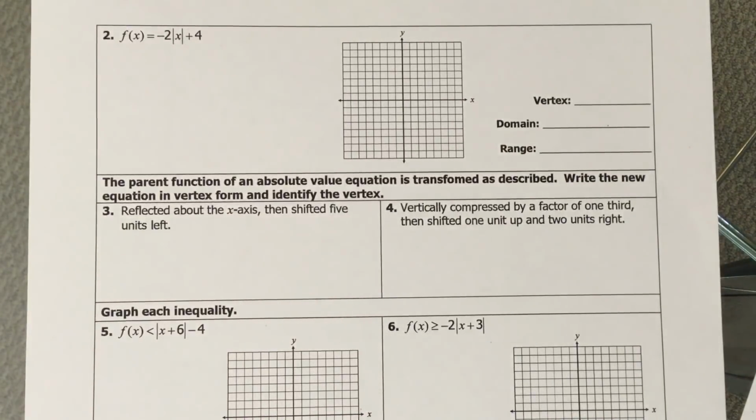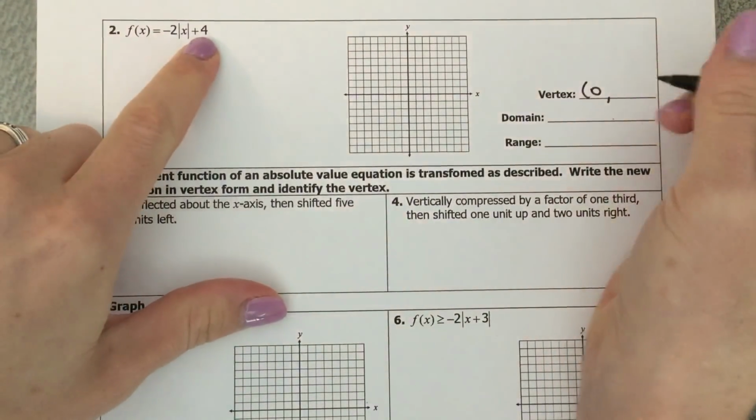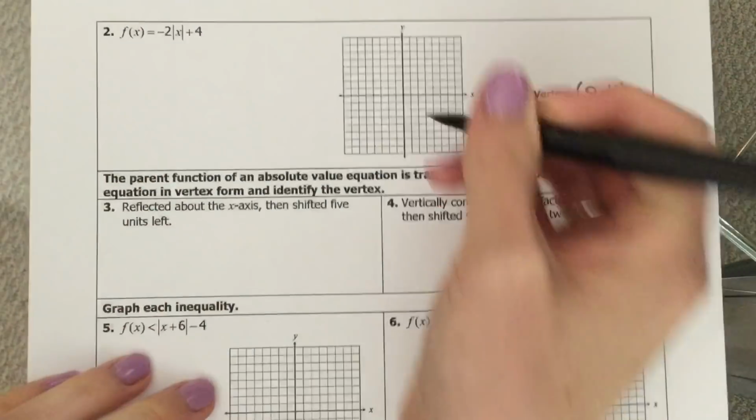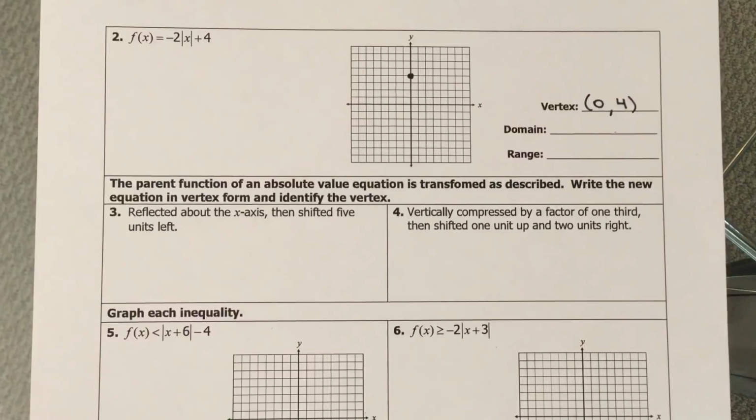All right, so that one, you can start by finding the vertex. So I mentioned that the vertex was the opposite of what you had on the inside for the x-coordinate. So if there's nothing on the inside, then the x-coordinate would be a 0, and then you use the exact value that you have right here. So (0, 4), we can go right there, start by plotting the vertex,